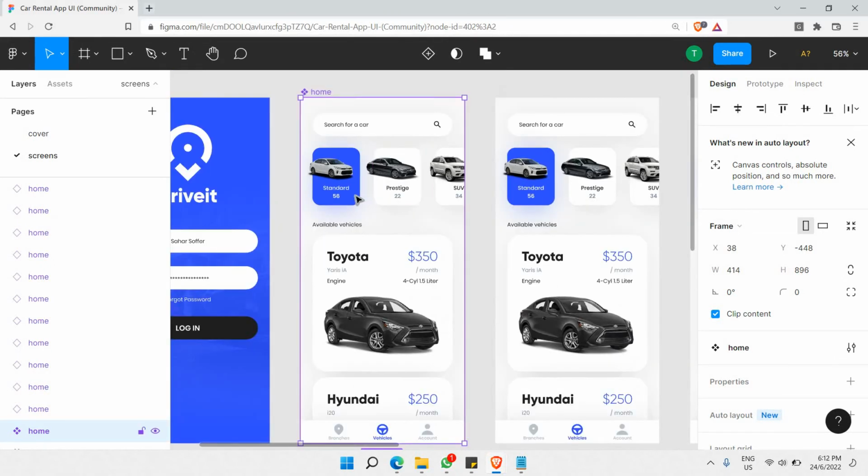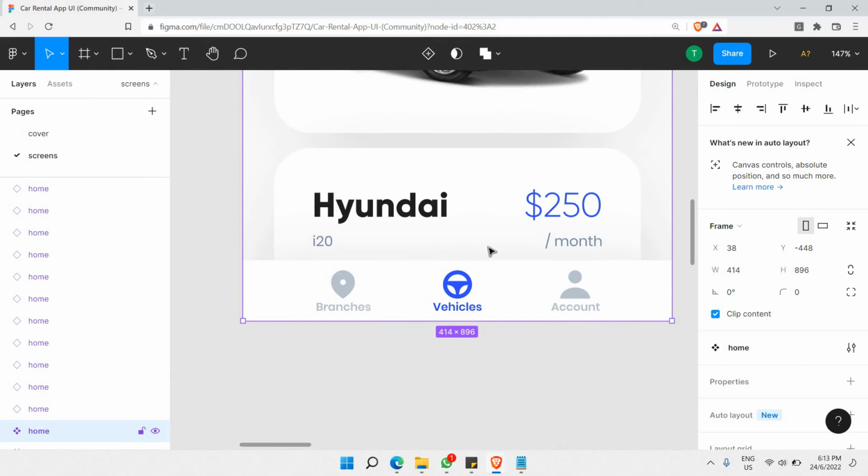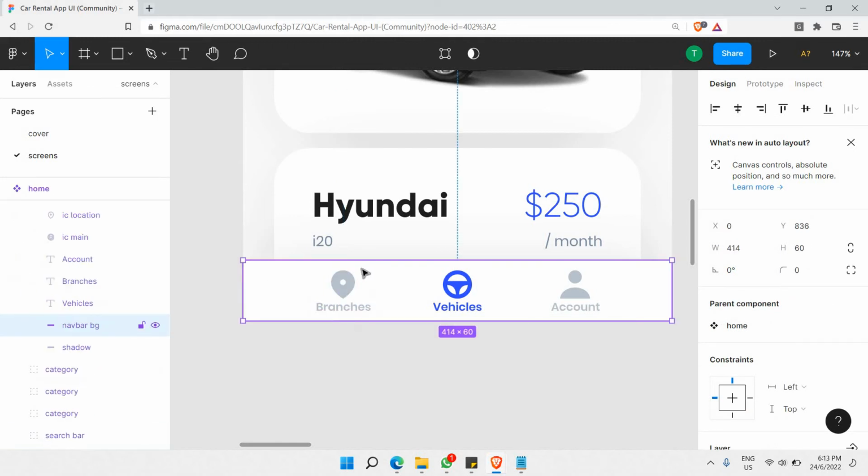And inside home, let's say a lot of designs have been made, and we would like to make a change that would be implemented across all the pages here. For example, let's say we have this particular nav bar, the navigation bar. But then there's a sudden change, where you would like to change these branches, or you would like to add more